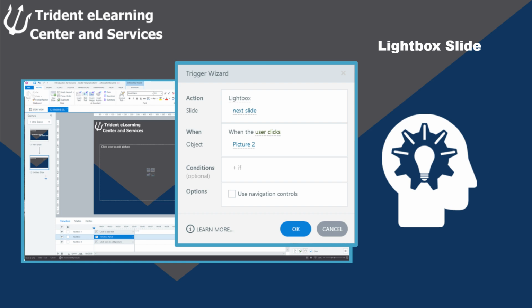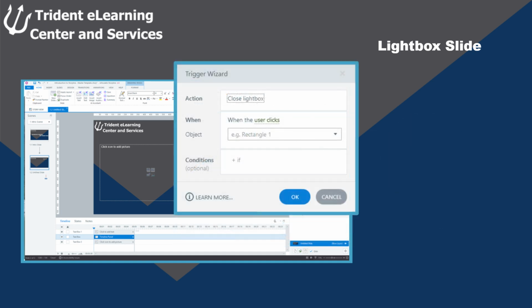By using Lightboxes this way, learners can explore the information at their own pace, flipping through visuals, comparing parts, and seeing the big picture come together, all without ever leaving the main slide. The Close Lightbox action simply closes the Lightbox and returns the learner to the original slide, where they can continue with the lesson,